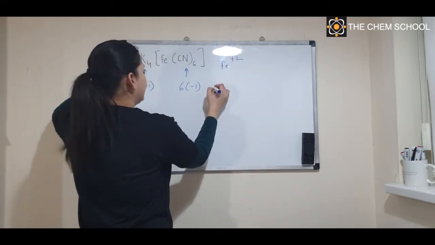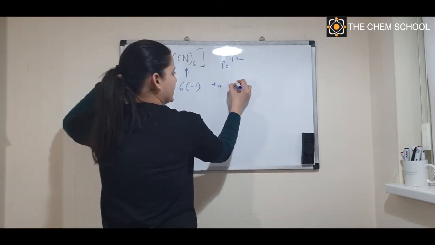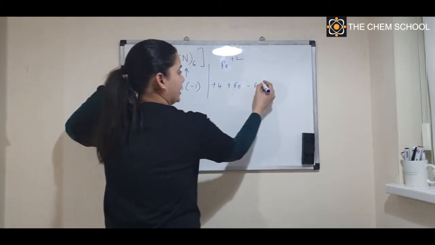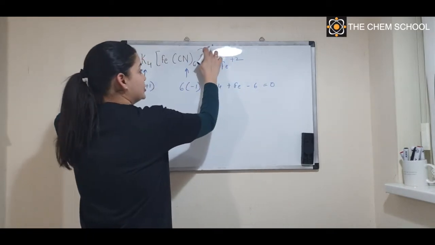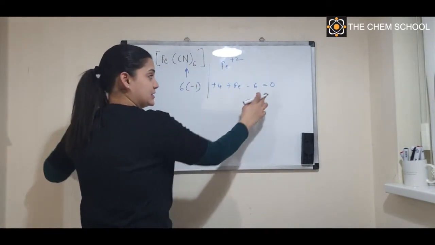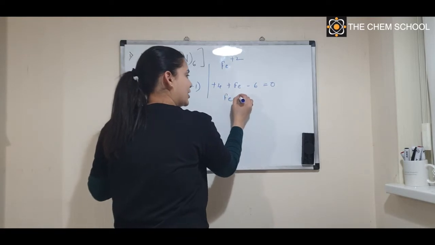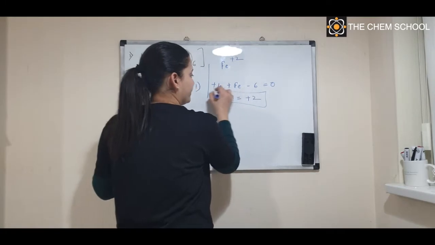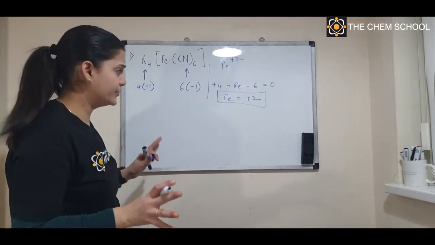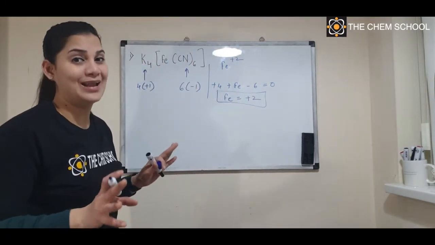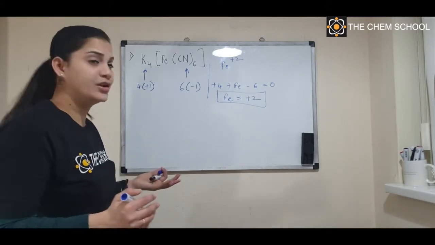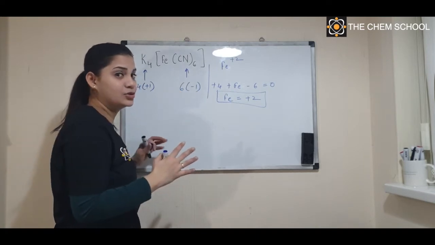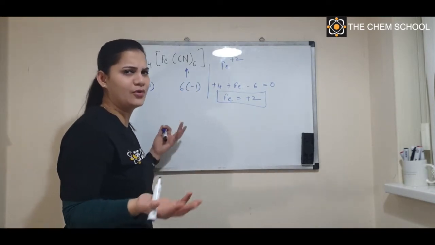So the Fe charge is going to be equal to plus 2. How did we get that? It is plus 4 plus Fe, minus 6 from here, is equal to 0. The overall charge on the complex is considered as 0. So now the charge on Fe is minus 2, which goes to that side and becomes plus 2, okay? So the oxidation number of Fe is definitely plus 2. That is your X. What is going to be your Y? Y is nothing but, you can see that you have 6 ligands, so the number of electrons is going to be 12. So now we know almost everything.